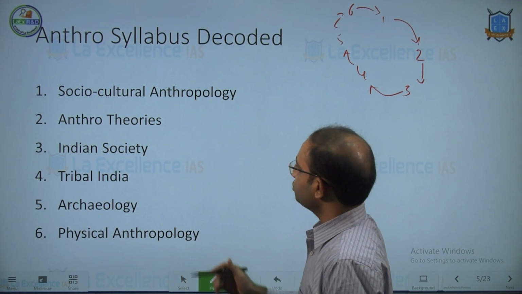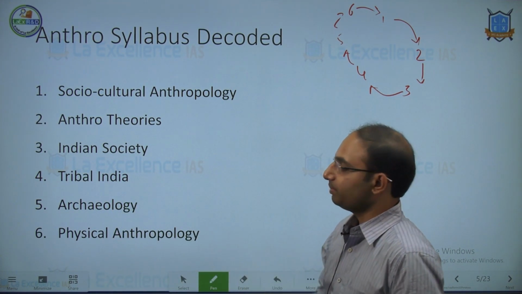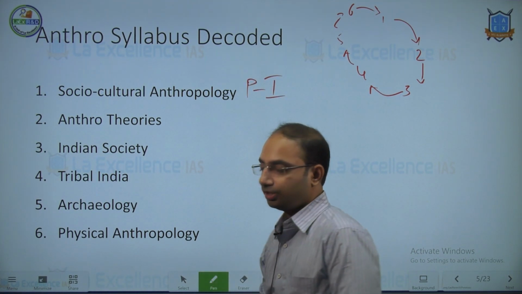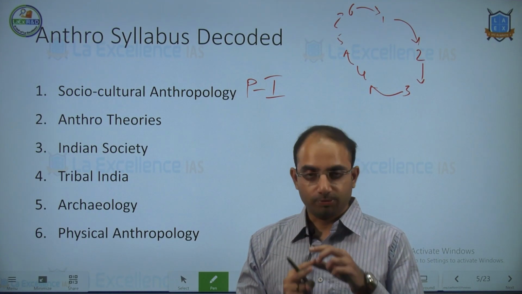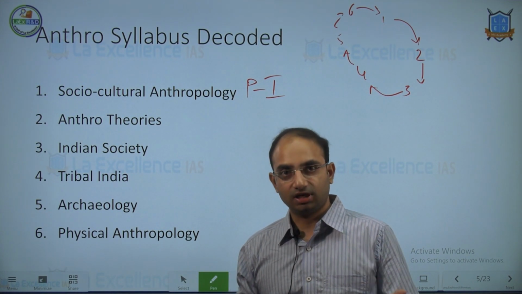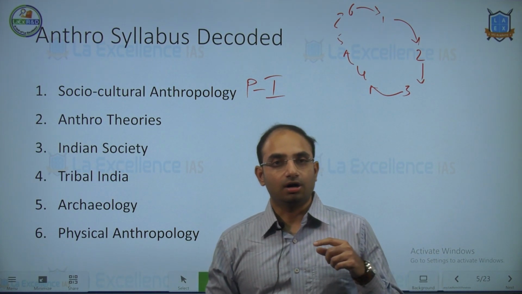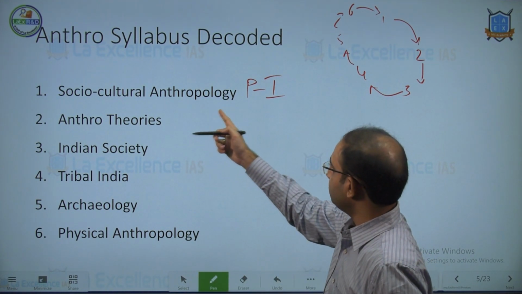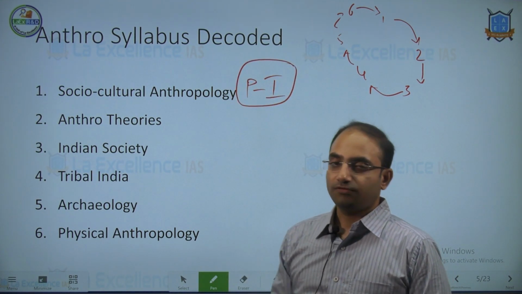The first module is called Sociocultural Anthropology. This is seen primarily in paper 1. As you must be knowing, we have 2 papers of anthropology for the examination, paper 1 and paper 2. In paper 1, we have the theory of anthropology, both physical, archaeological as well as biological. In paper 2, we have mostly the Indian anthropology as well as tribal anthropology. So the first part, that is sociocultural anthropology, is there mostly in paper 1, and here our focus will be